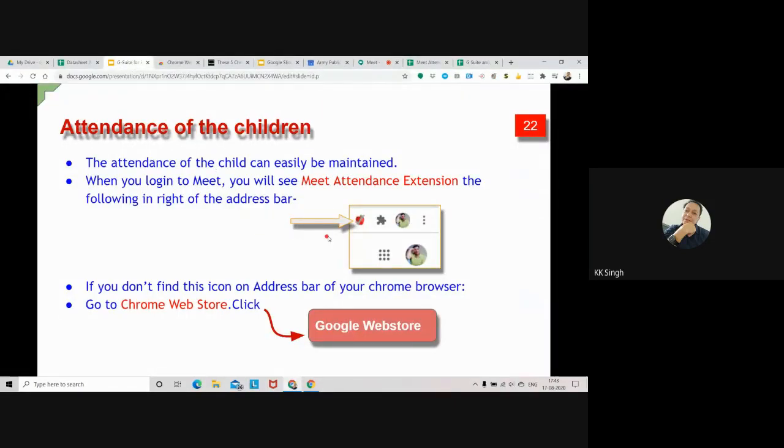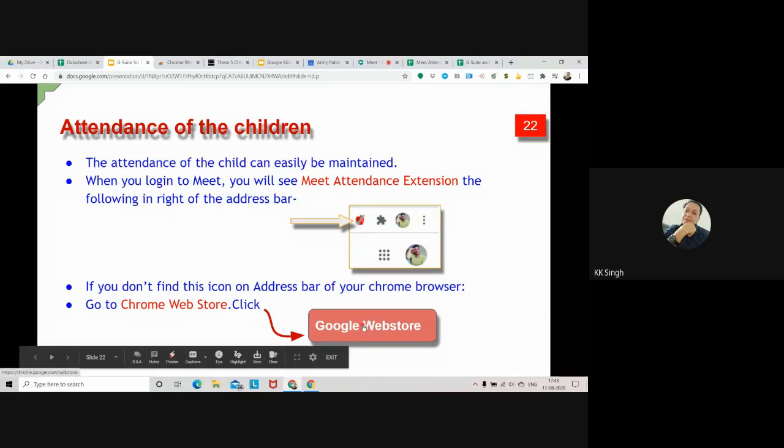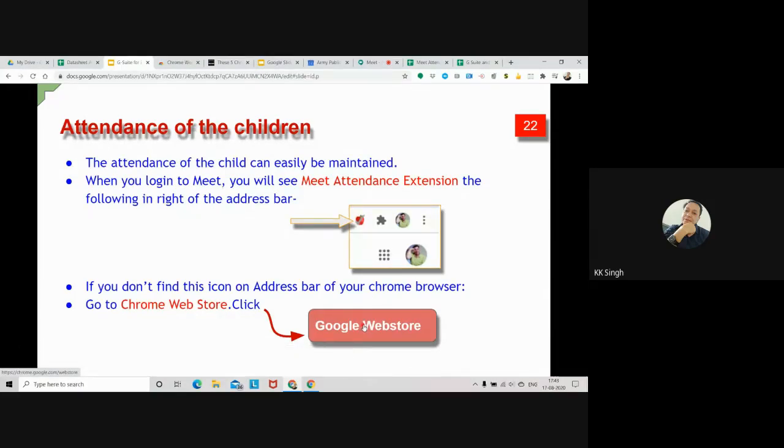So for the attendance of the students, this icon should be there on your Chrome, and if you don't find this icon on your Chrome browser, kindly go to the web store and add this extension to your Chrome browser. And mind it that you should use the Chrome browser, because these all are Google applications, right? So if you want to add these extensions to your browser, the browser should be Chrome.